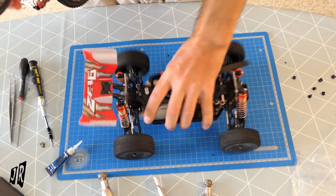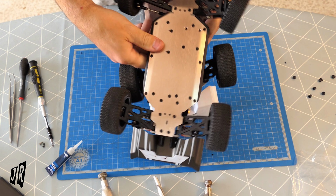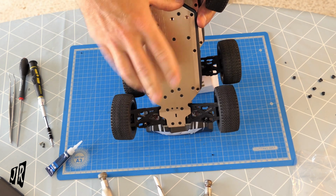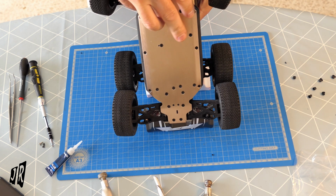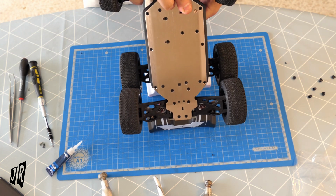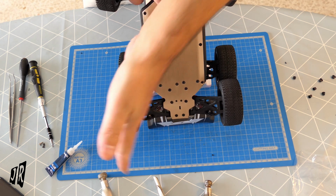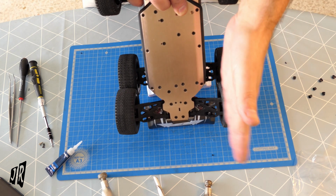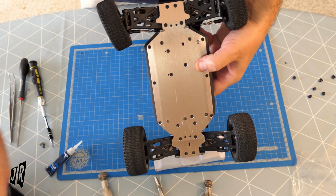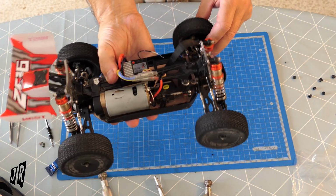Show a direct comparison between the two. Do you see how the green one, let's try and hold it straight. The green one's wheels are moving in. They're towing in a lot more, sort of angle, in past the front wheels, whereas on this one they're now straight with the chassis. So, after that big impact,